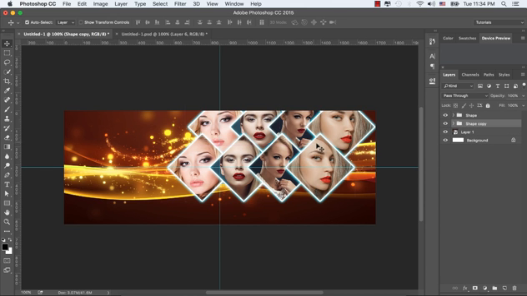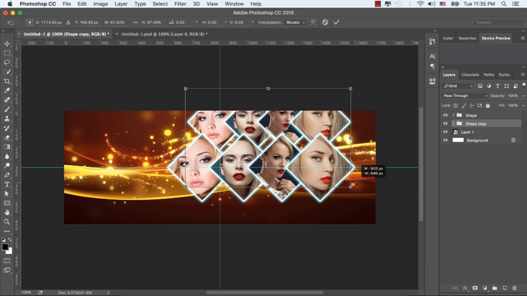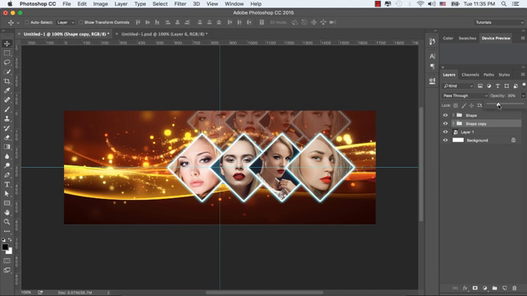Let's make another copy of this shape group, and let's press Ctrl or Command T while selecting the shape copy group and make it a smaller size, and click OK in order to accept this. And let's decrease the opacity to 20 for our shape copy group.